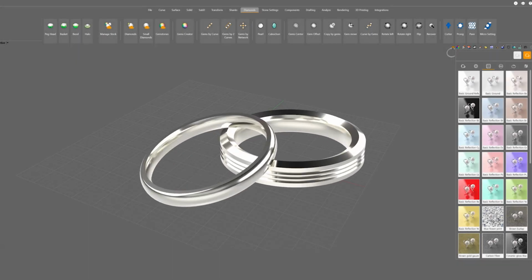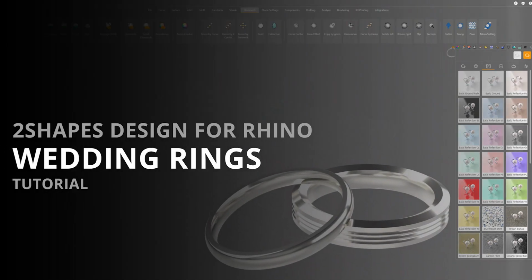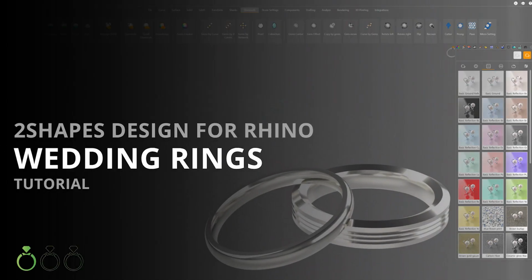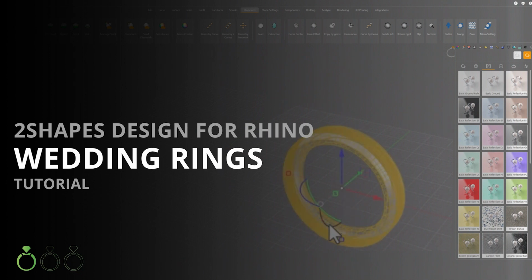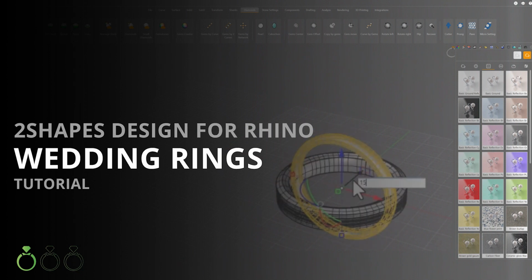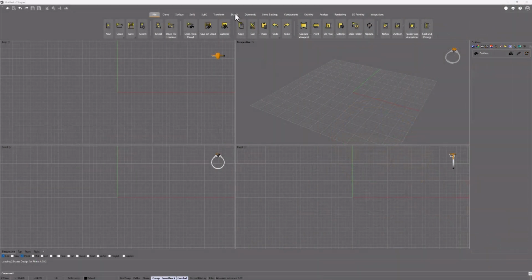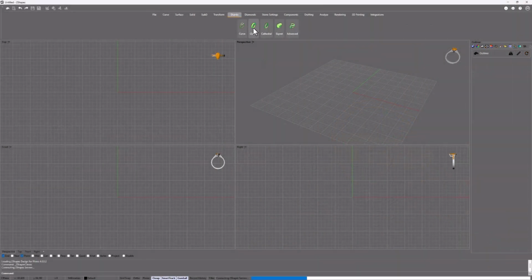With this tutorial, you will learn how to design a wedding ring entirely and even render it, everything using 2Shapes for Rhino. Following this guide's steps, you will create a matching set of 2 wedding rings, a man's and a woman's classic band. Under the Shanks tab, we will use the classic shank command for this tutorial, so click on